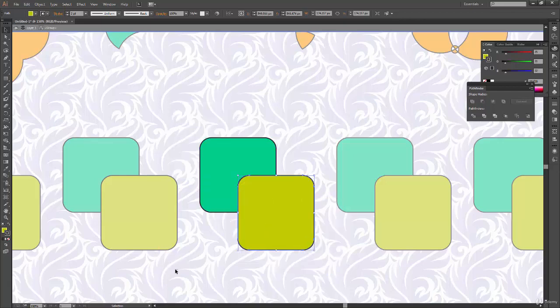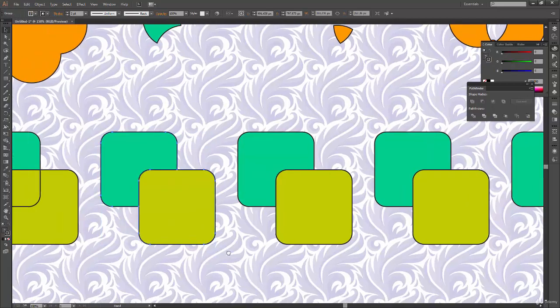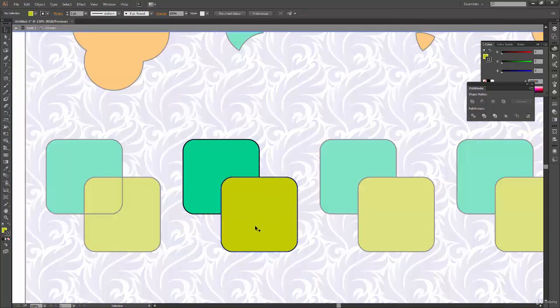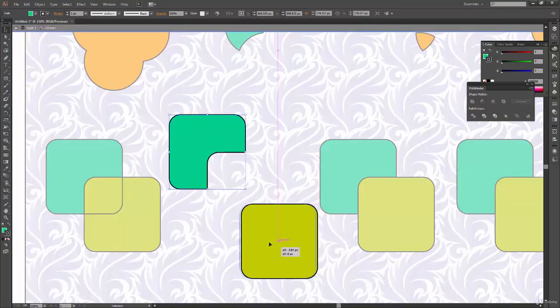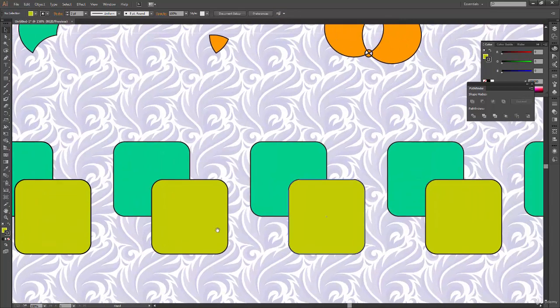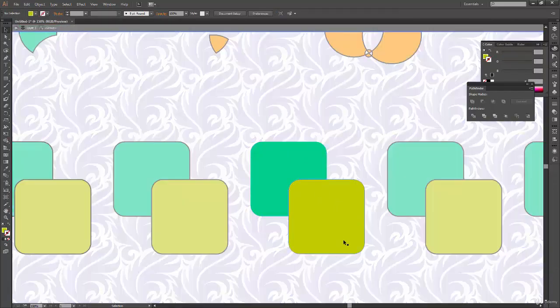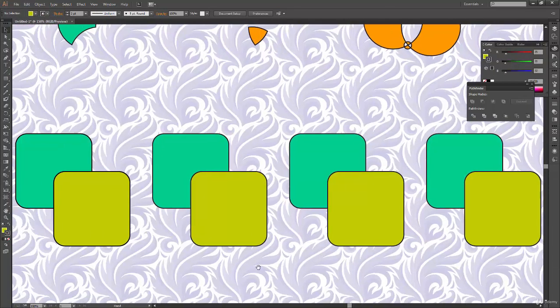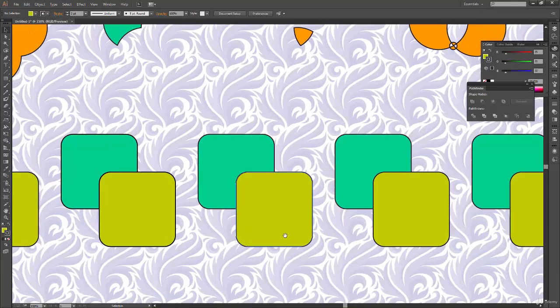Let's go back again to the trim one, the second one where we have applied trim, and if I go inside you can see it's the same thing. Then what is the difference between merge and trim option? Again, I can just prove it by going on another set of shapes, and if I use merge over here, you can double click and go over here and you can see it's doing the same thing. So what is the difference between this merge and trim?